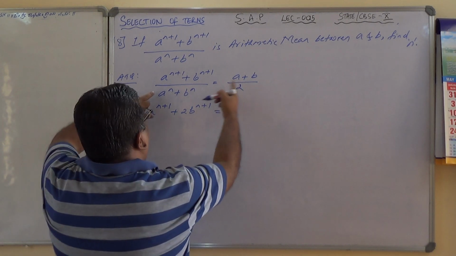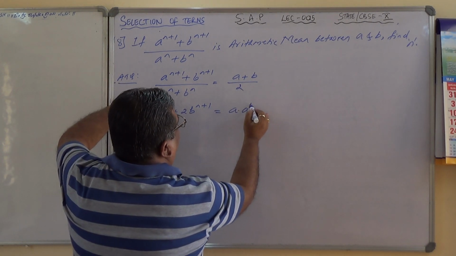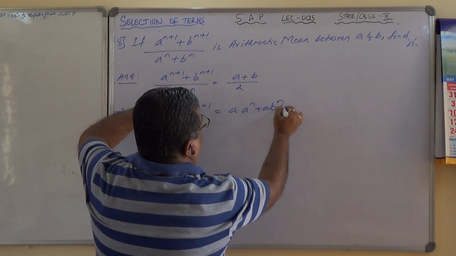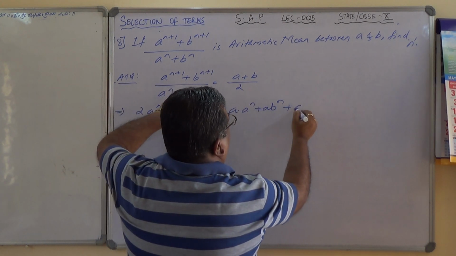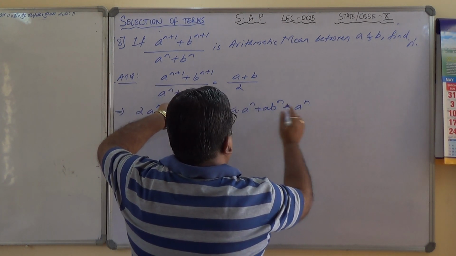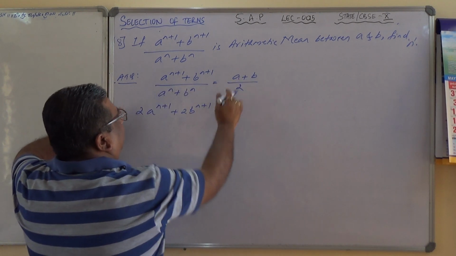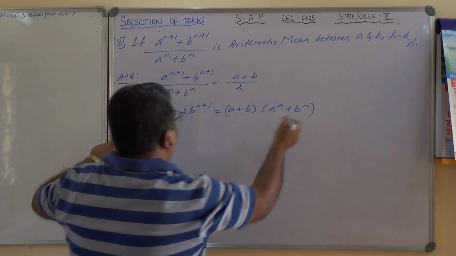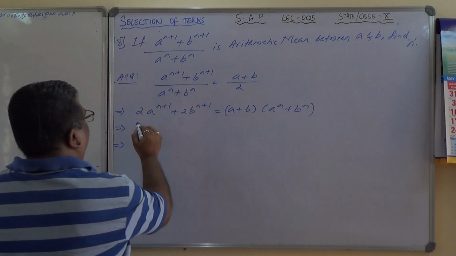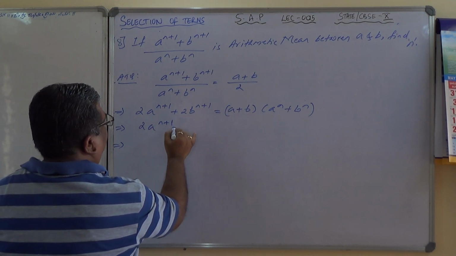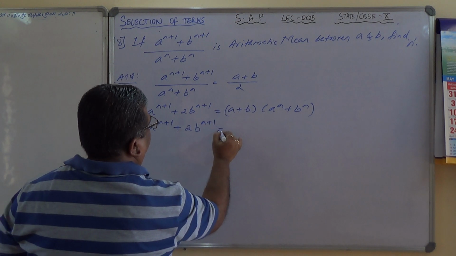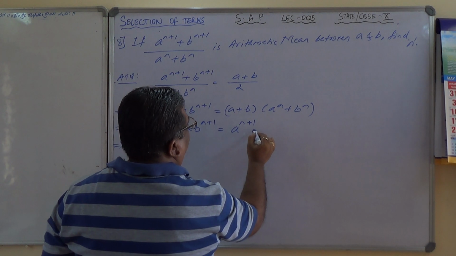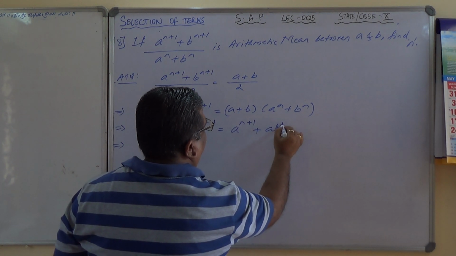So let me see here, a into a to the power n plus, once again I'll do a plus b. 2a to the power n plus 1 plus 2 times b to the power n plus 1 equals a into a to the power n, which is nothing but a to the power n plus 1, plus a into b to the power n